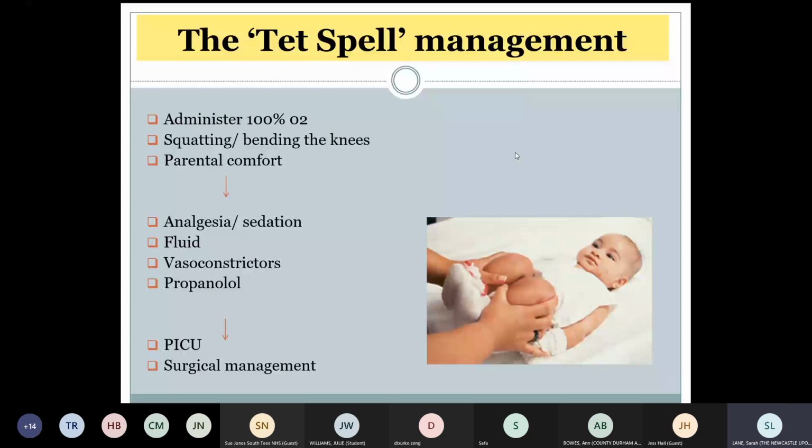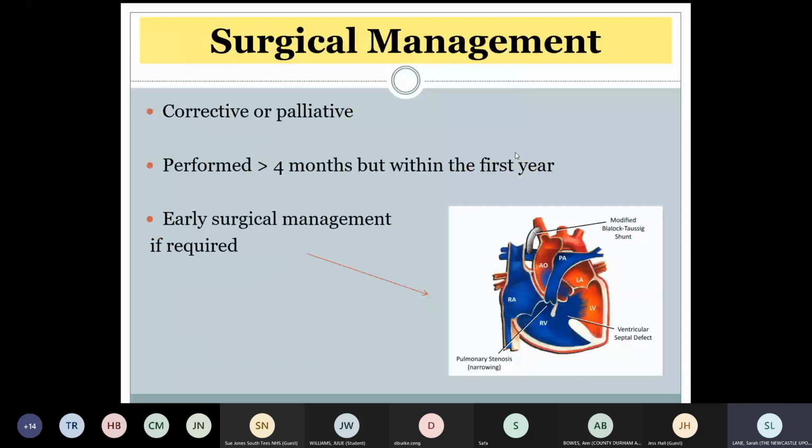So what does the surgery entail? Okay, so it can be corrective or it can be palliative, and this is dependent on the severity of the defect and the symptoms that the child's presenting with. If possible, it is preferred that surgery is performed on children over 4 months of age, but with